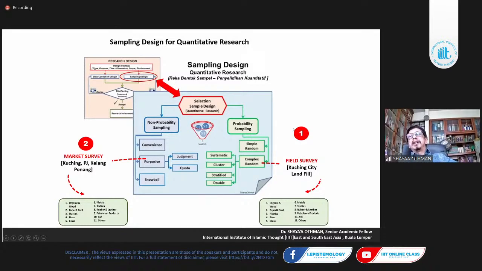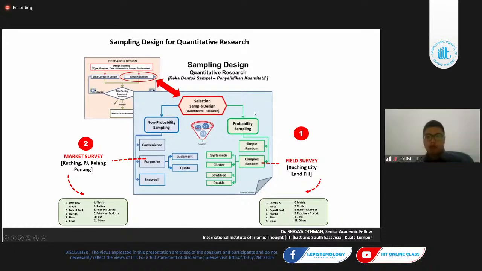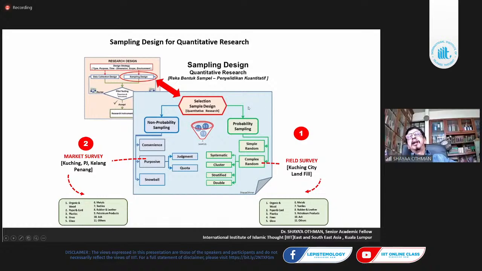Okay? And to me, determine whatever sample that you like to do, but put the element of probability sampling. Meaning to say, you identify people, say, you want to interview 10 people, but make sure you have 50 people, then from 50 people, you interview 10. So the elements of probability sampling is taken care of. That is my view.